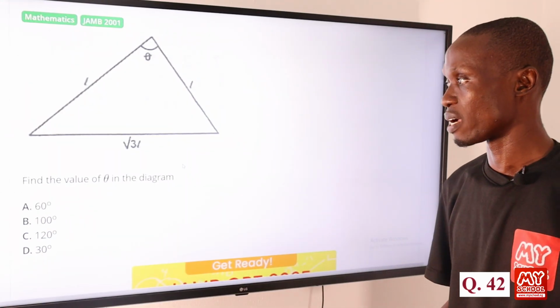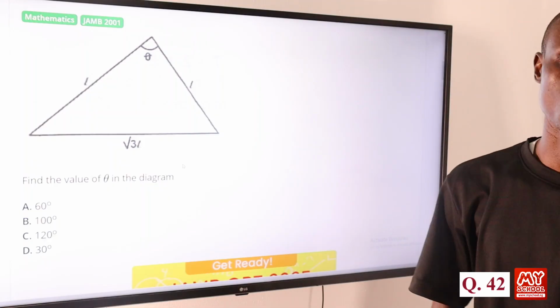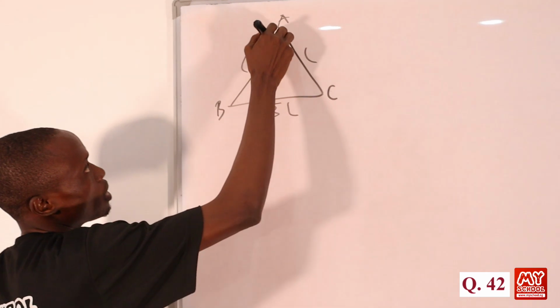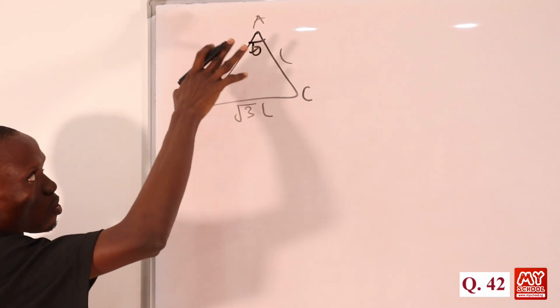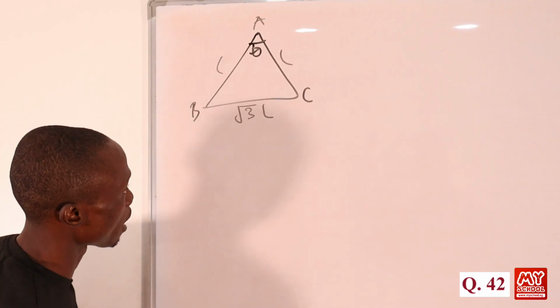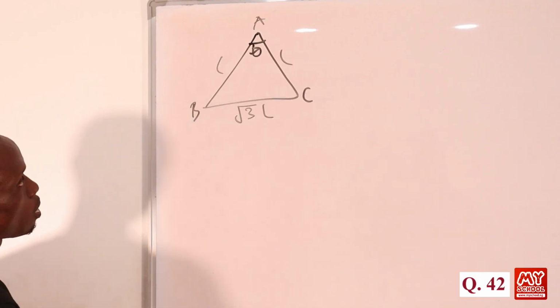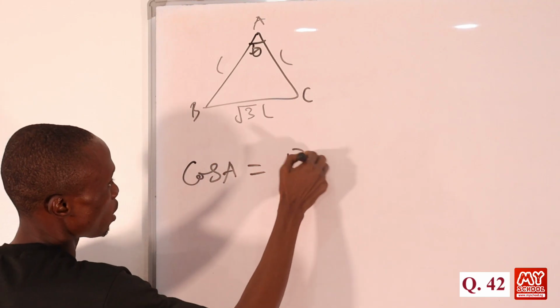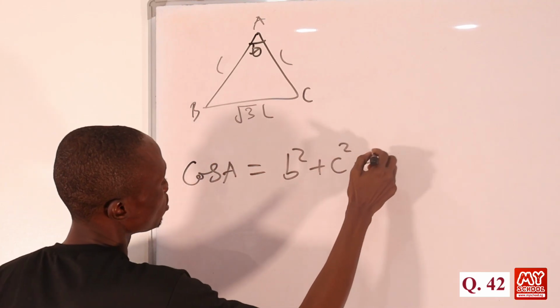Find the value of theta in the diagram. So let's move over to the board to provide an answer to this question. In order to get the angle theta here, we will have to use the cosine rule to get the angle. So here we'll have cos A equals b squared plus c squared minus a